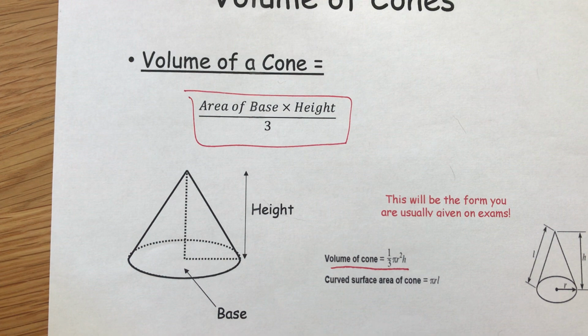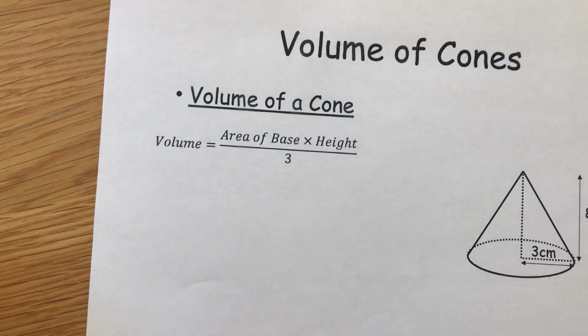So the volume of a cone is the area of the base, which is a circular shape, multiplied by the height, which is how tall it is or how far the shape will go back, and then you divide that answer by 3. So if we then take a look at an example, so we're going to work out